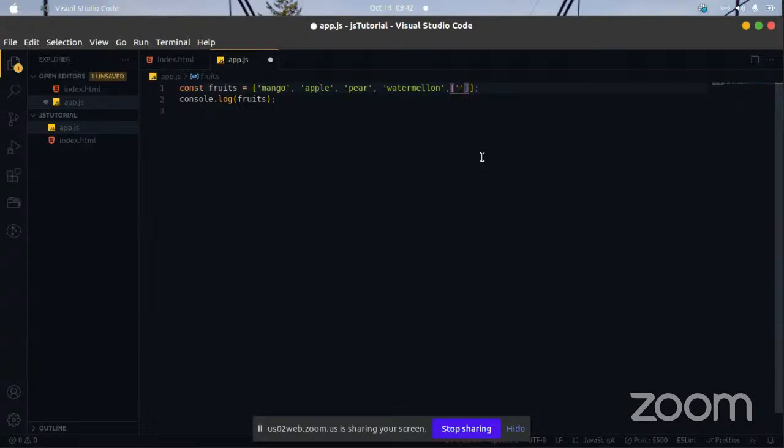So something like carrots, and then tomatoes, and let's see, cabbage.